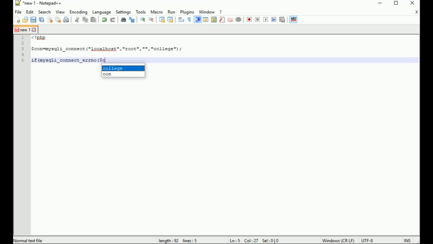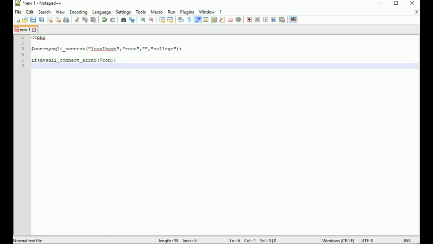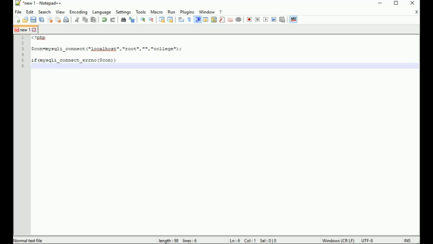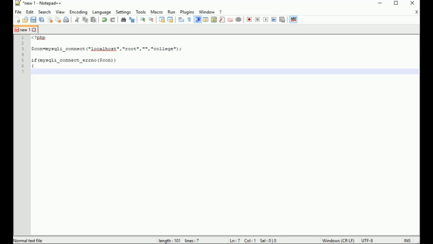Here the variable con, with the dollar symbol, is used to store the connection. This variable can be used in other scripts to avoid using the entire code.